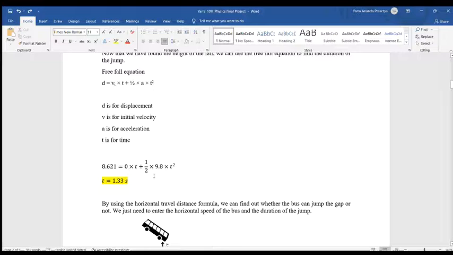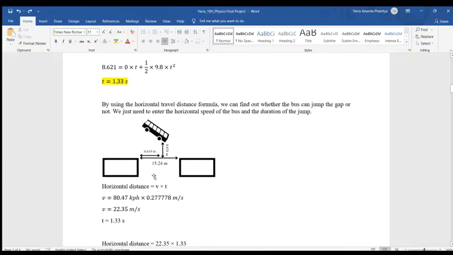So d is 8.61 meters, and v is 0. So the equation will be 8.61 equals 0 times t plus 1 over 2 times 9.8 times t squared. And if we do the calculation, t equals 1.33. So the bus will be falling for about 1.33 seconds. Now that we found the time, the duration of the fall,